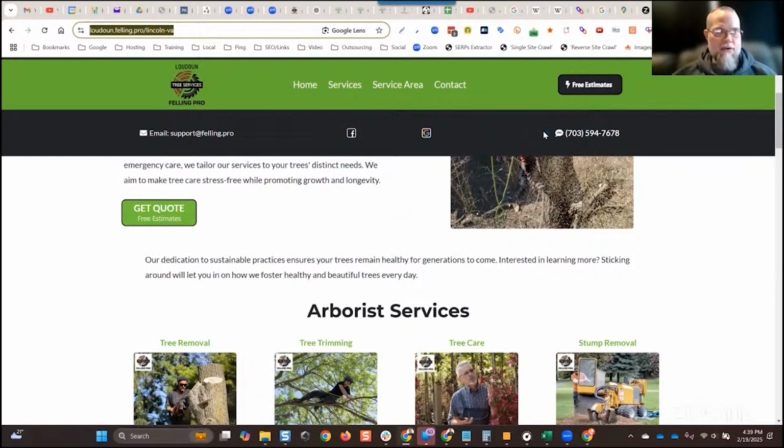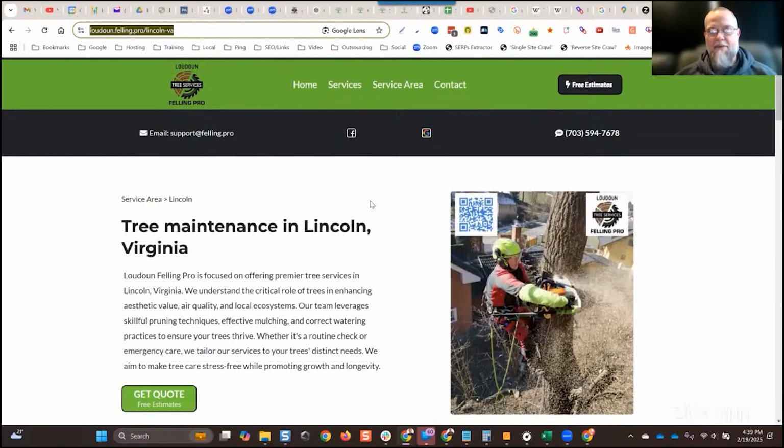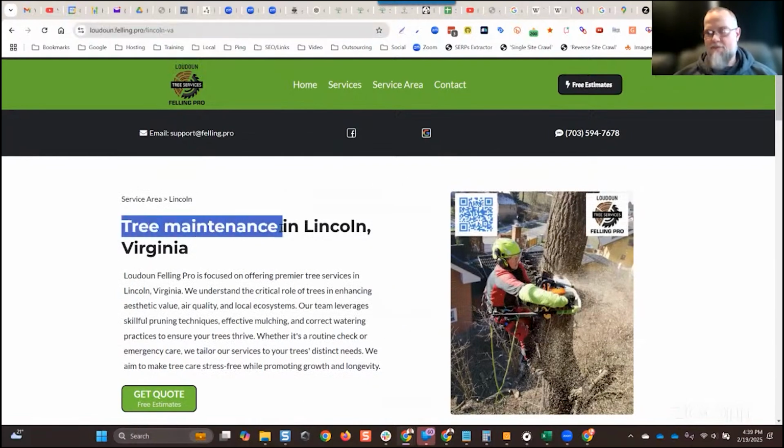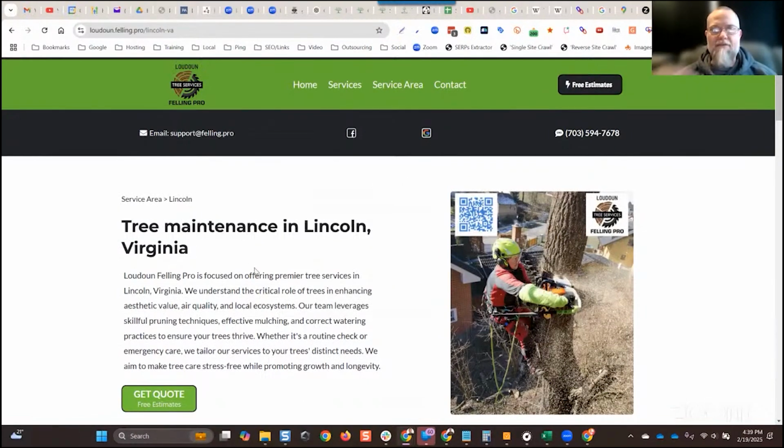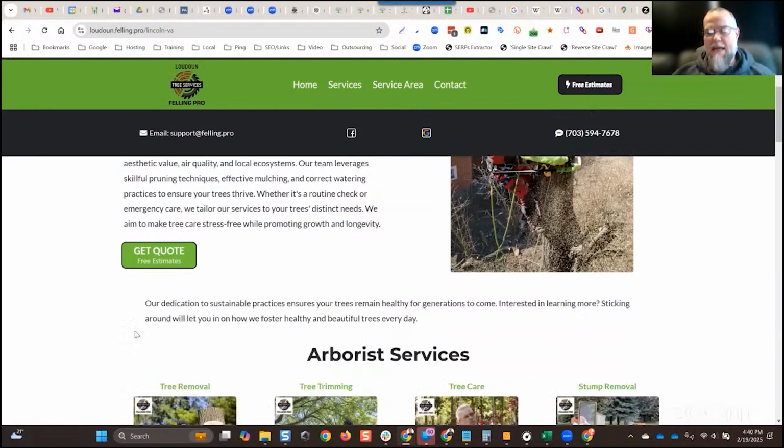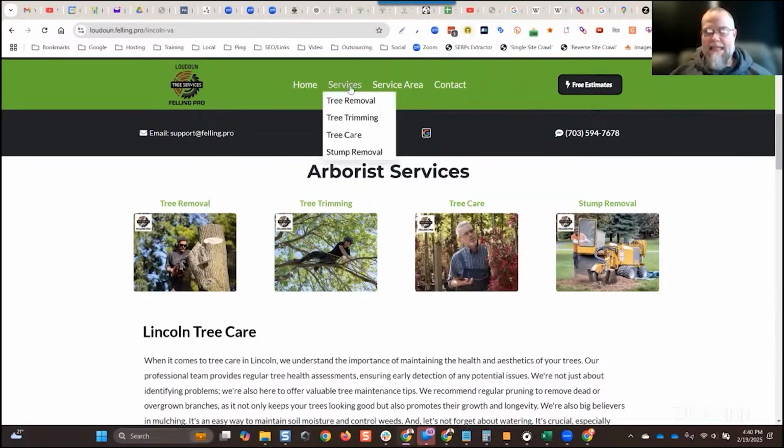So the SEO title is optimized for the primary Google business category, tree service. The H1 is optimized for the primary topic term, which is tree maintenance. So I've optimized for both categories and topics. It's entity-based SEO that is optimized for categories for Google Maps, topics for organic. Okay, so this one page, and then I am referencing and linking to each of the individual services with proper